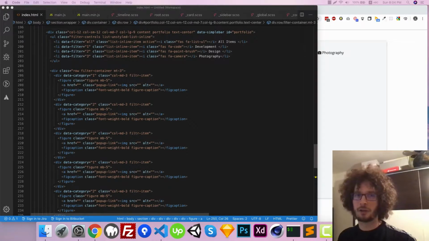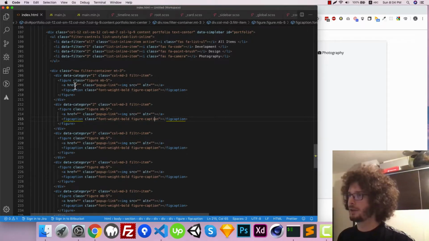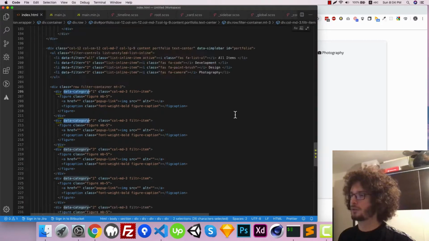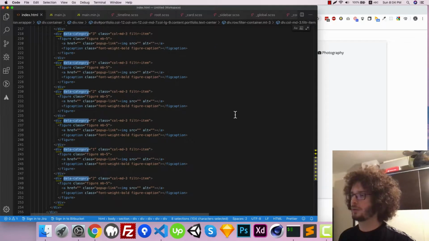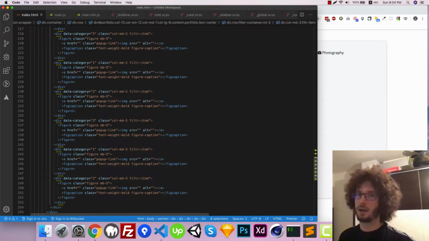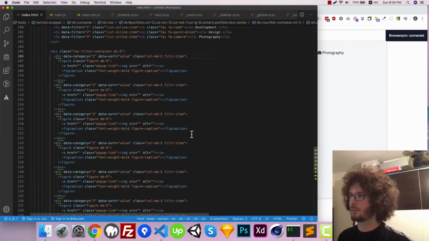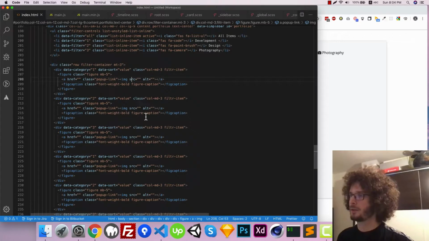So data category and data sort value, we have to add that to all of our elements that have a data category next to them. So let's just select all of them and here add data sort value. Perfect. Now for each of these images, we need to add